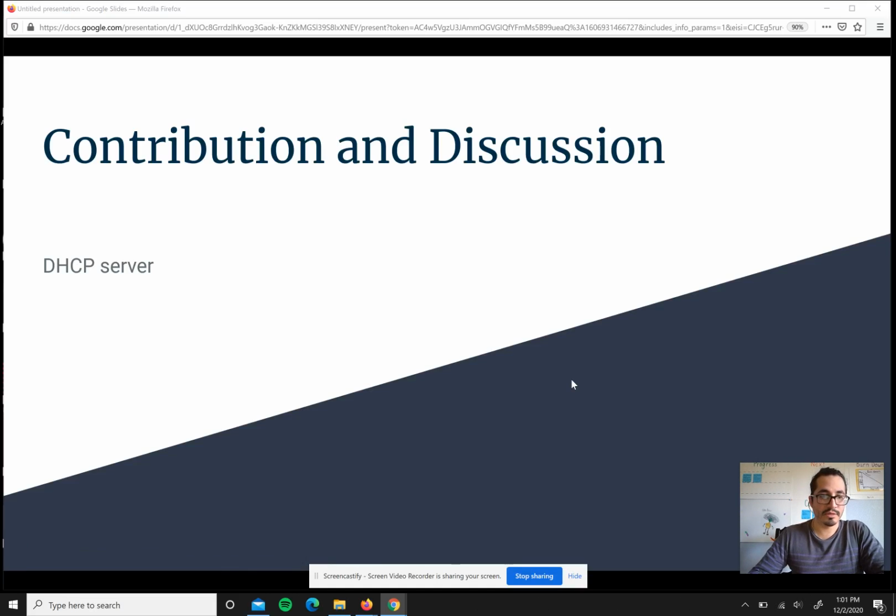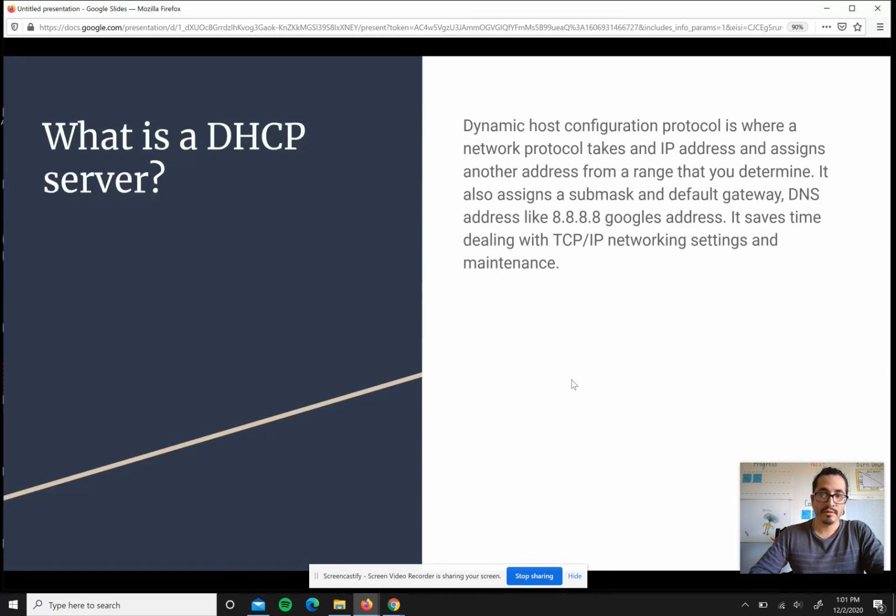So some information about the DHCP server. It's the Dynamic Host Configuration Protocol. It's a network protocol that takes an IP address and assigns another address from a range of addresses that you determine. You can go into the configuration file and determine what